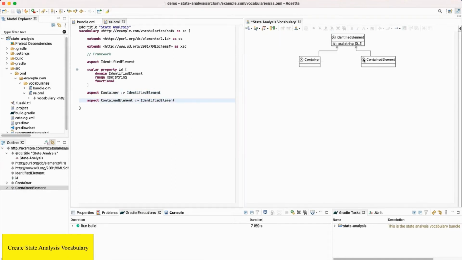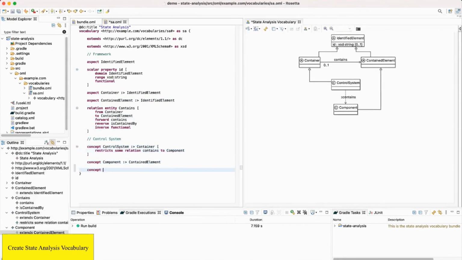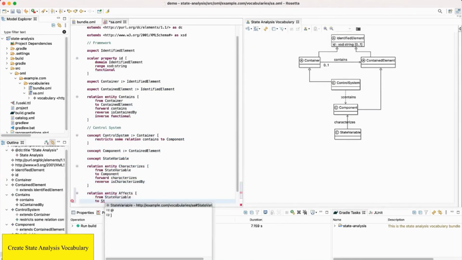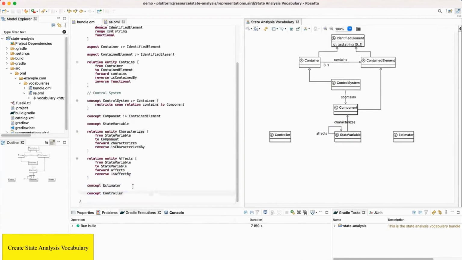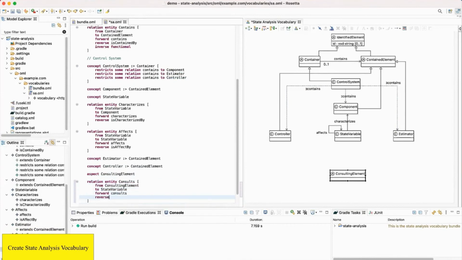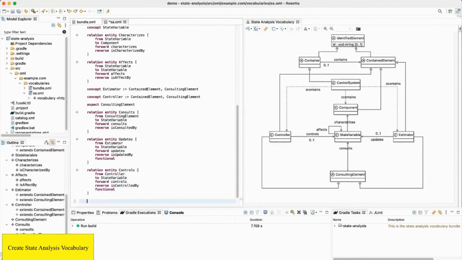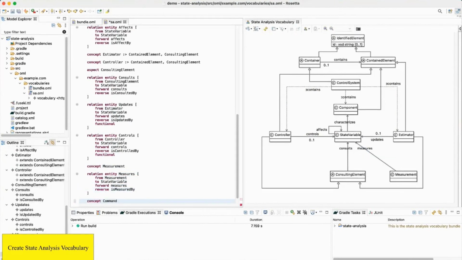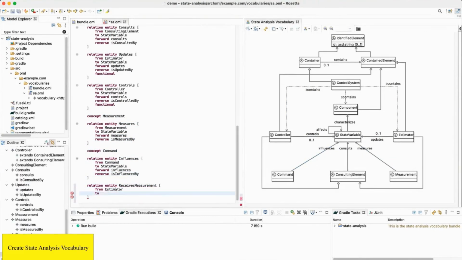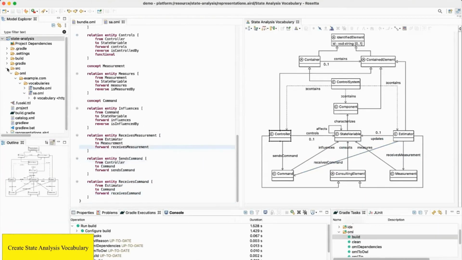So in this case, we're defining the basic concepts in the methodology of state analysis: system under control, control system, and the fact that you have estimators and controllers and whatnot. And with description logic, you can be very specific about typing and what things can be the domain and range of properties in each individual context.